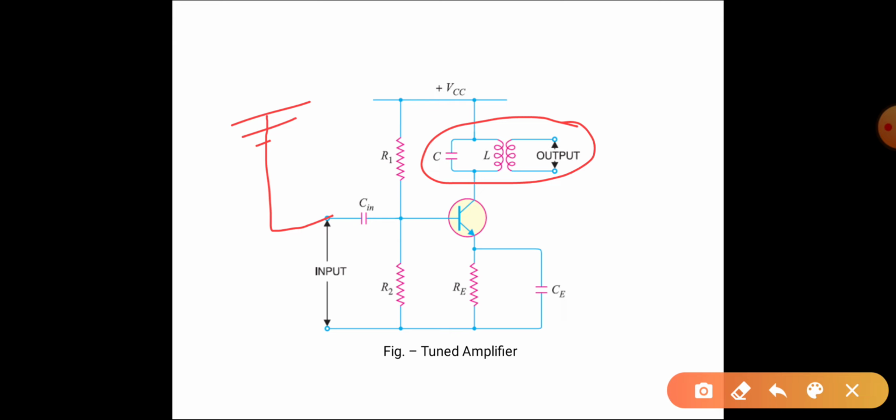So can you get it? When the signals of many frequencies are present at the input of the tuned amplifier, this tuned amplifier will select and strongly amplify the signals of the resonant frequency while rejecting all other frequencies. So this is the very basic explanation of the tuned amplifier, and as I already told, therefore these tuned amplifiers are very useful in radio receivers to select the signal from one particular broadcasting station.